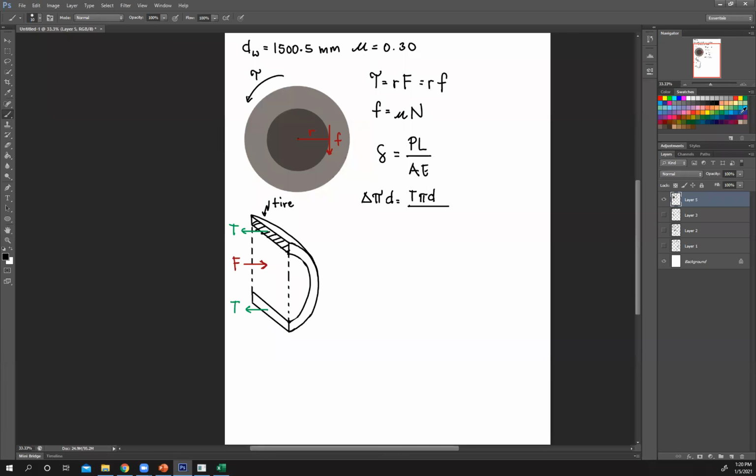And the dimensions of that would be, this is the thickness of your tire. This is the width of your tire. And this is the thickness of your tire. So cross-sectional area is just thickness times width. So P W E. There. Write out your values. Pi cancels out. That's why you can just use D. Change in D now is final diameter minus original diameter.